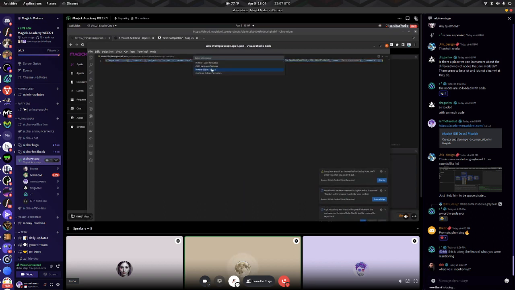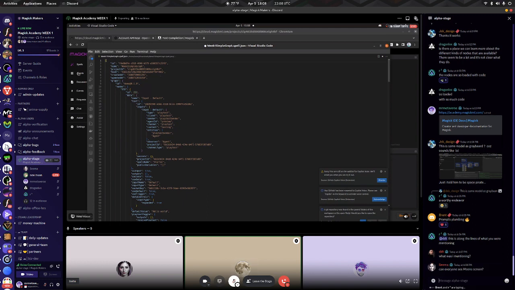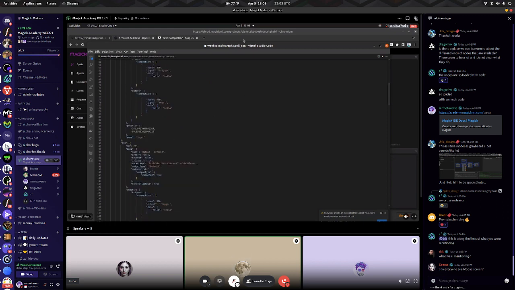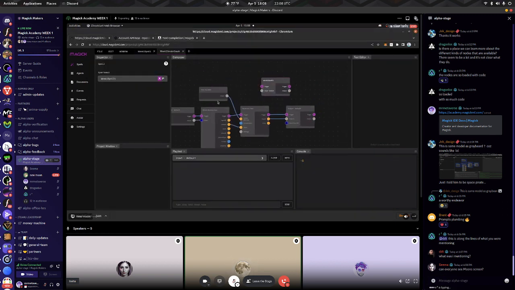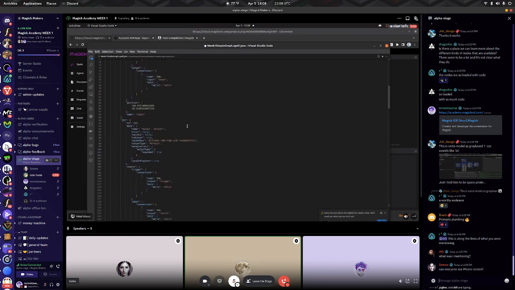Format document with. Yeah, so I formatted the JSON. The JSON is ordered, which means we can save this to GitHub. We can update this. We can share these. All of the information inside of here is just turned into description.